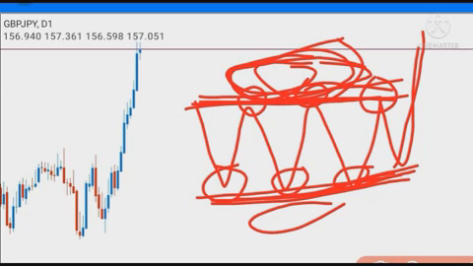Now, the market makers push price up to capture all the liquidity resting above these highs. And remember, when retail traders see this move up, there are breakout traders that will jump into the market to buy, because they believe that price has broken the consolidation and the price was moving up. So they jump in and they buy. When they buy, where do you think they will place their stop loss? Once they buy, their stop loss will be here.